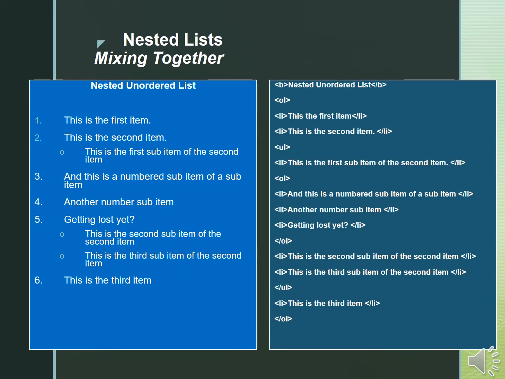Here is an example of a mixed nested list, that is it consists of both ordered and unordered list. Again we'll start with the heading, which is placed in the bold tag. Then we have an ordered list, which has 2 items initially, so we'll have 2 li followed by the circle, which is a ul. So we'll start with the ul list over there. Then again li will come once.